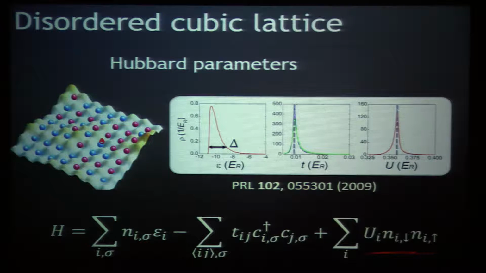Now, just to show you a little bit what happens here, if I plot the tunneling energy versus lattice depth, it goes down very quickly, kind of like an exponential. All right? And if I tune the lattice depth, the interactions go up kind of like the fourth power with lattice depth. Okay, so they tune together to some extent if I tune just the lattice depth.